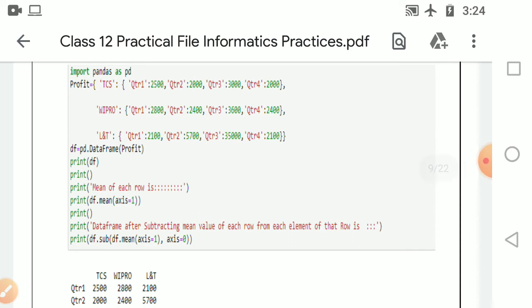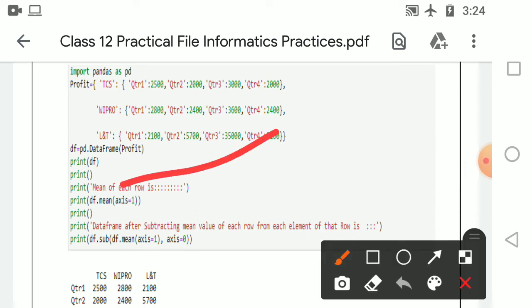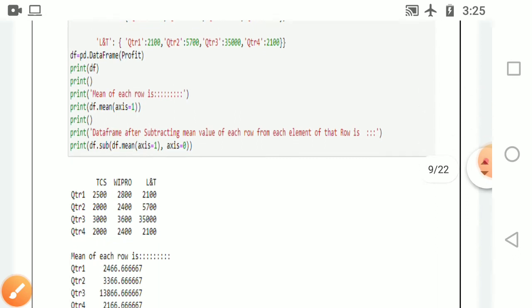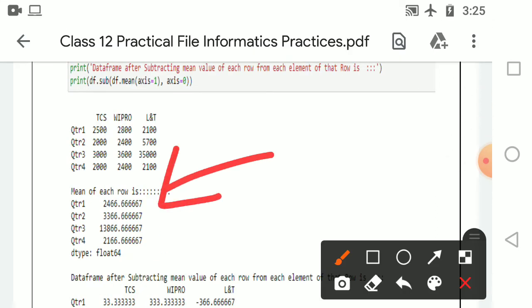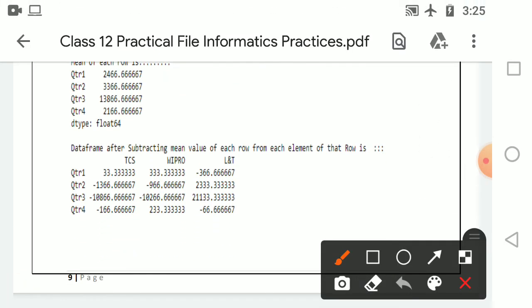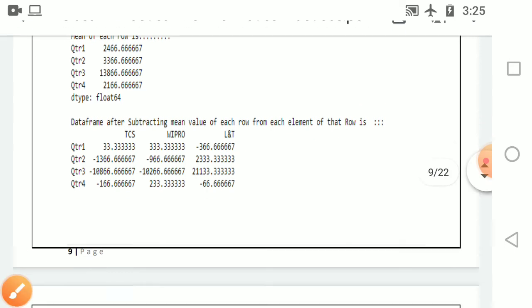So first you find out the mean of each row, and you subtract using the sub function the mean from all the rows. You can see here the mean of each row is calculated. Then they find out the data frame after subtracting the mean value from each element in the row. So all the elements we are taking and subtracting the mean from them. This is how it works.